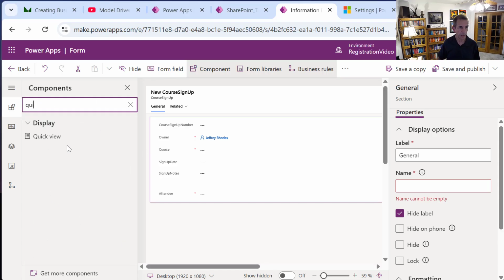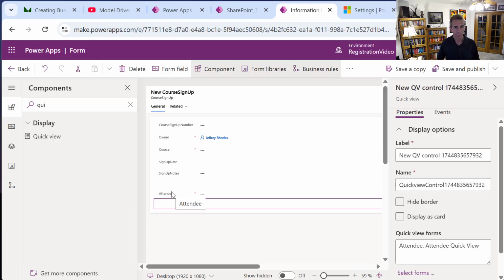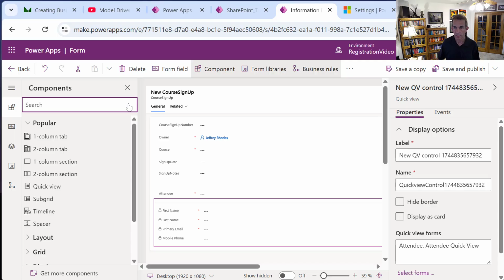Yeah, so we can do a quick view there, and I'm going to look up attendee. And I'm going to use that attendee quick view that we did before. So when they pick the attendee, it'll show the extra information there. So that works out pretty well. And then what we want to do here is I want a